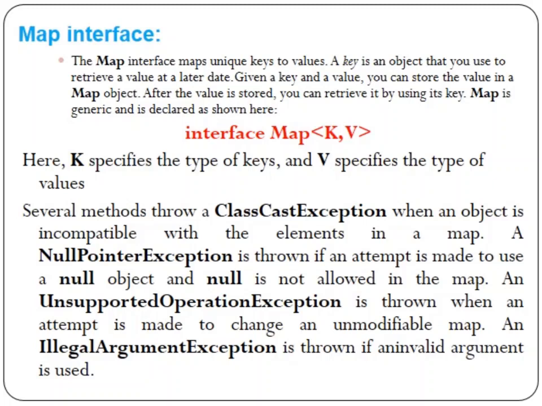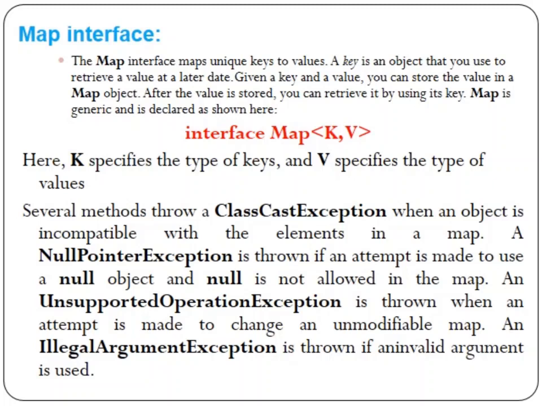with the help of a null object or null values. In that case, NullPointerException is thrown when performing an operation with a null object. IllegalArgumentException is thrown when we perform an operation with an invalid argument. Suppose I perform an operation with a string, passing the value as an integer, then we get an IllegalArgumentException.